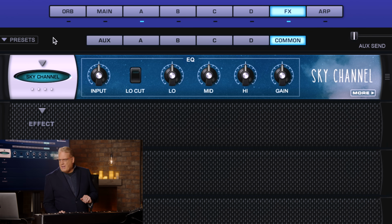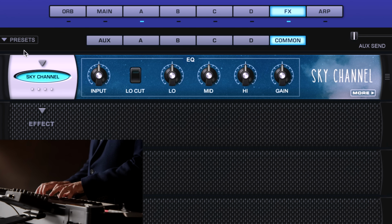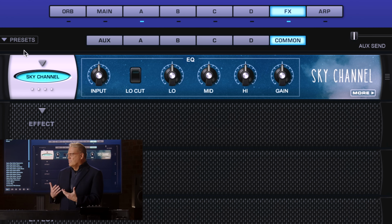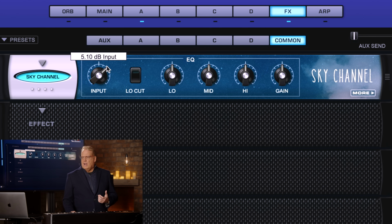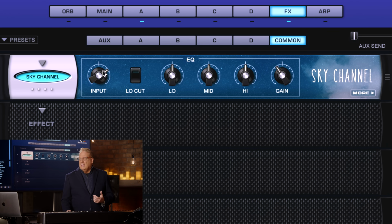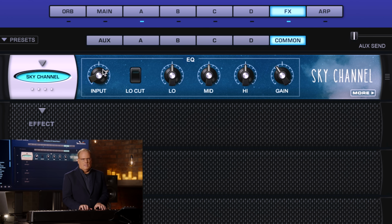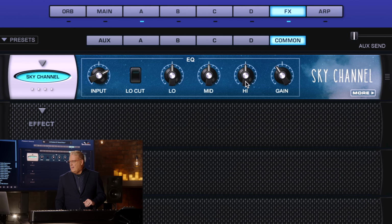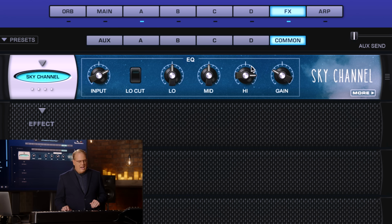Okay, and now let's bring up Sky Channel, and right away, so already we're getting some nice character. You can hear it's kind of cutting through a little better. And let me just try cranking up the input, and I'll bring the output down to compensate. Now it's going to saturate that input a little bit. Cool. Now let's try adding some top end. I'm going to bring that gain back. And now we've got